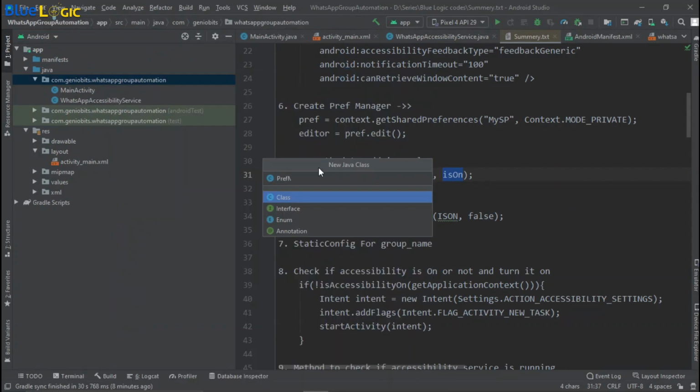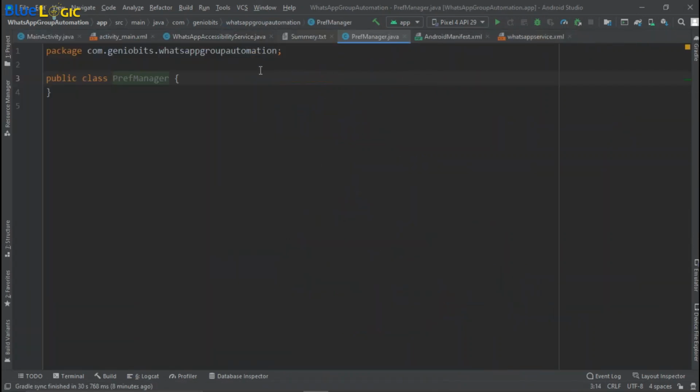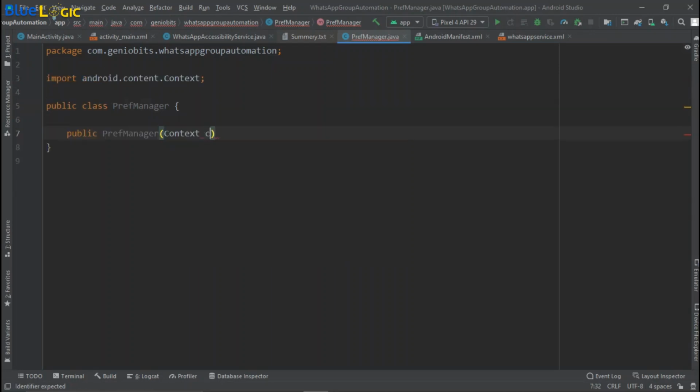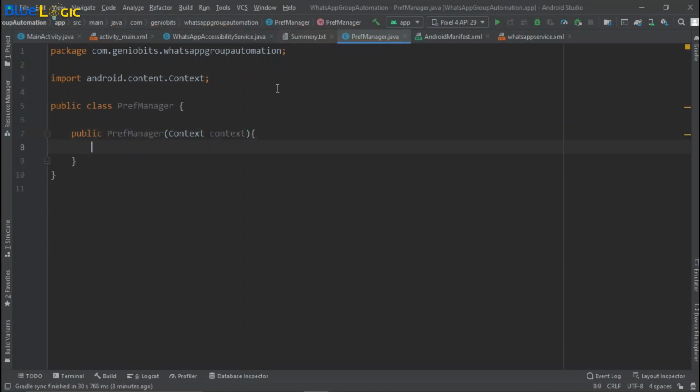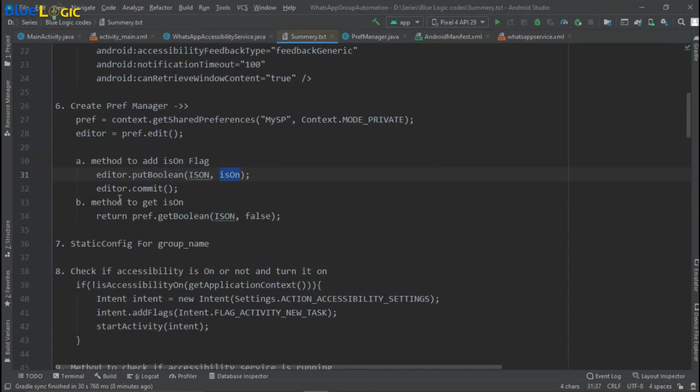Let's name it PreferenceManager. Here we have to create one public constructor and we have to accept the context, and then we have to create the editor field for our shared preferences.